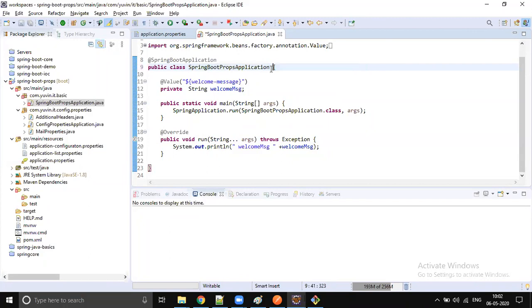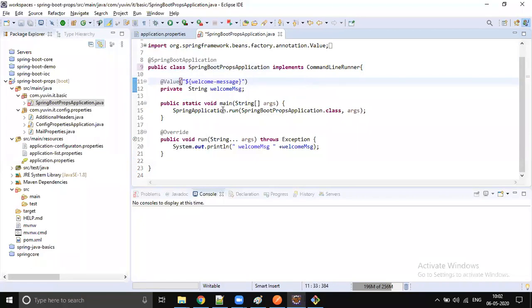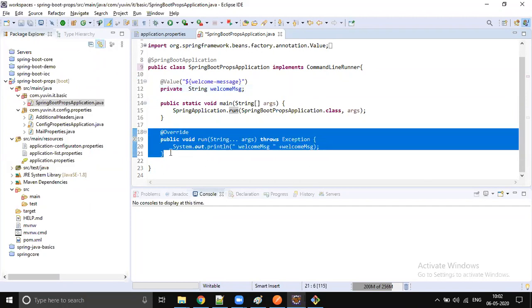So then you can ask me, Sunil, what is this, right? First, you said use run method, and you said it's not a good programming practice. Then second, you said implements command line runner. Now you are telling implements command line runner also not good programming practice. Then what is the standard? What is the real time approach to print a message or to process something, right?